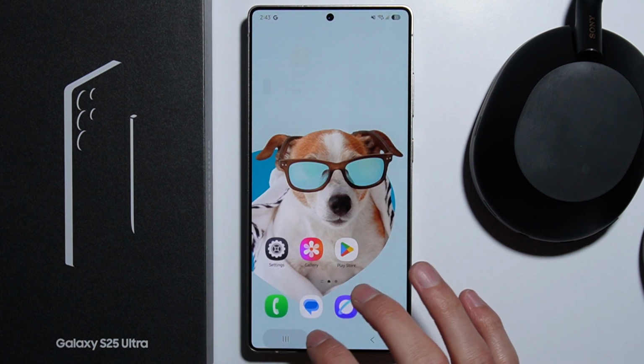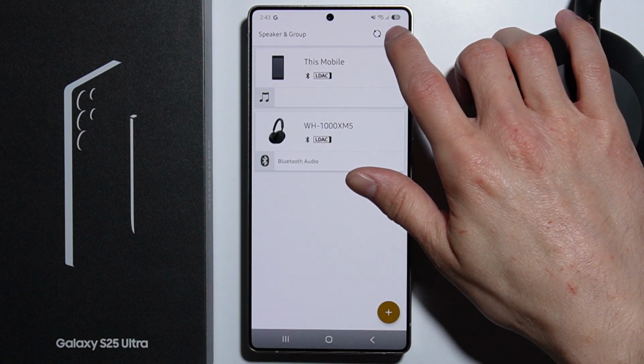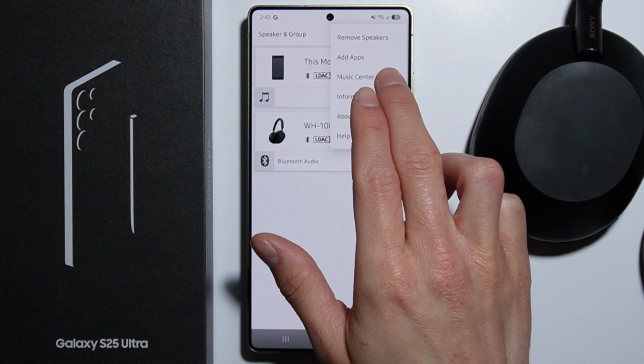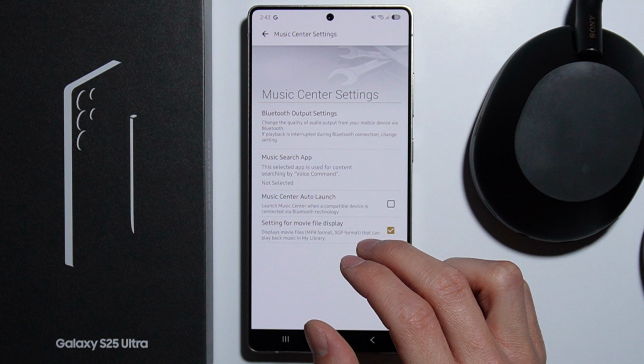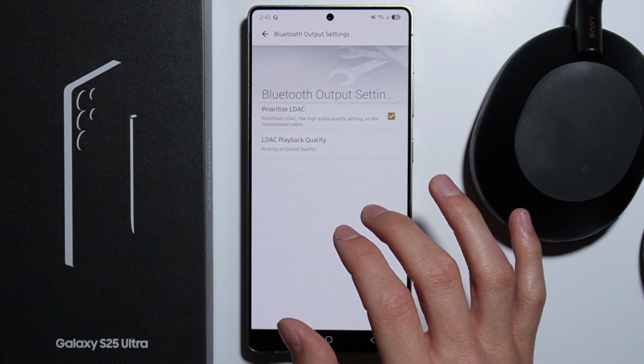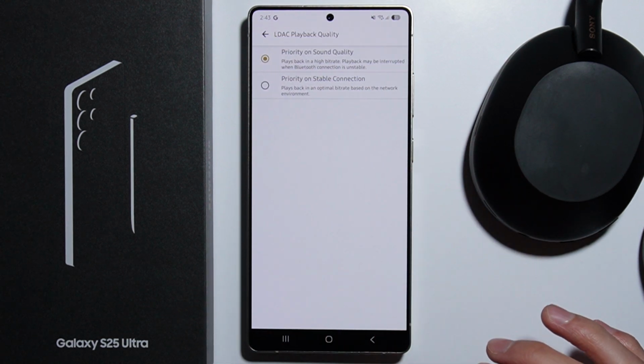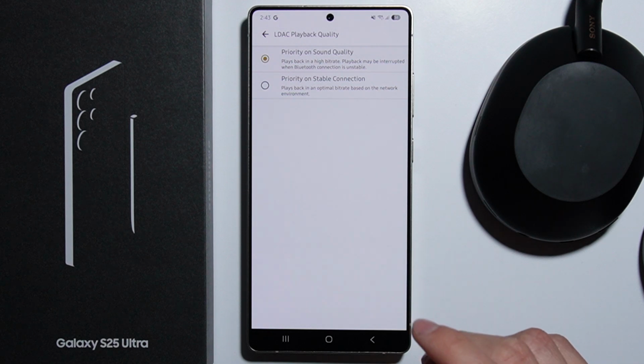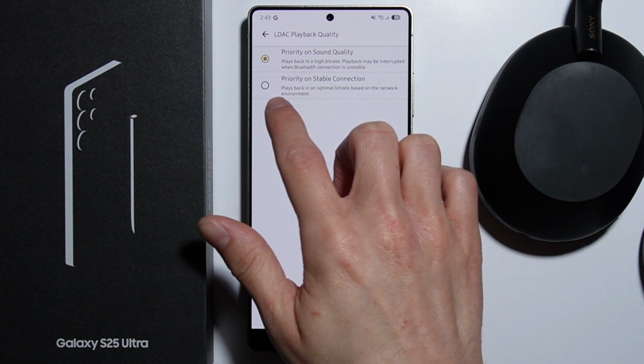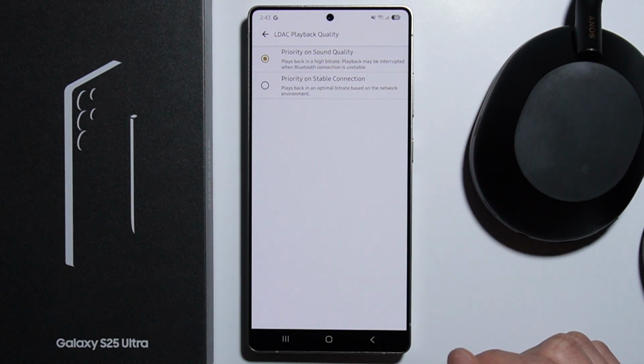right here, we need to go into the settings on the top right corner, and we need to find Music Center settings, something like this, and go for Bluetooth output settings and LDAC playback quality. And there is a possibility, by default I had this selected this priority on stable connection, and what you have